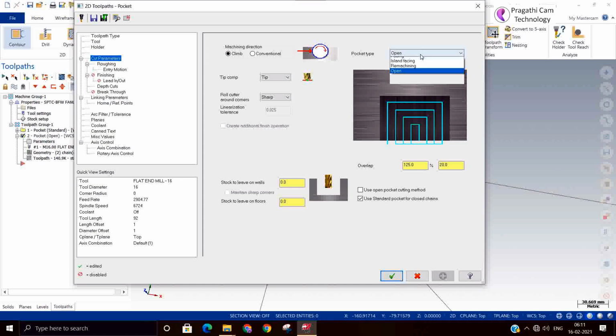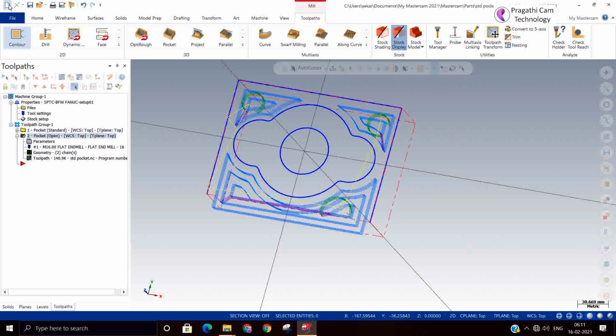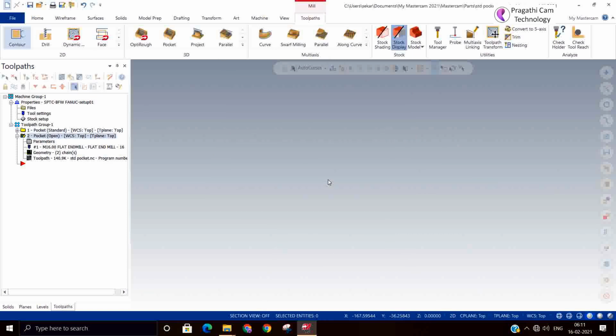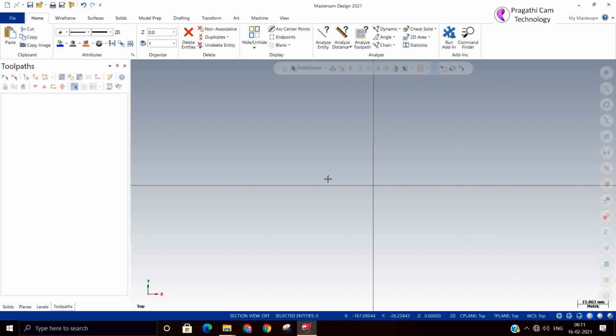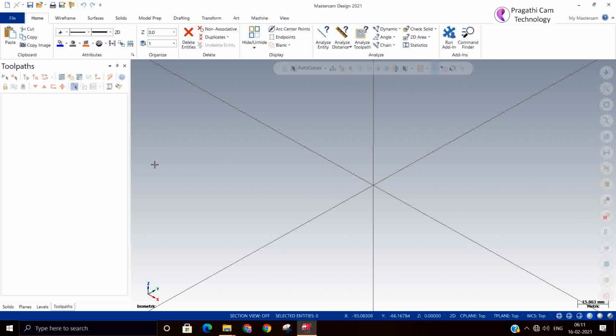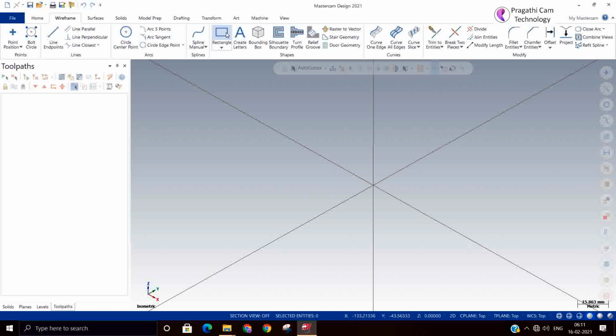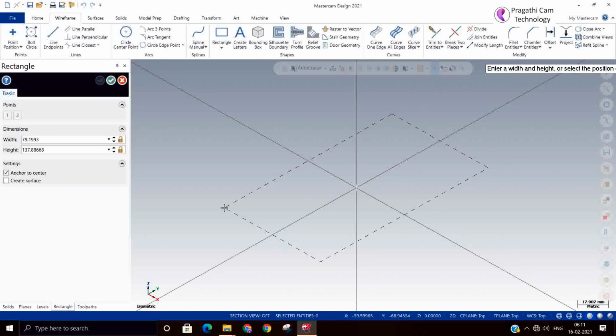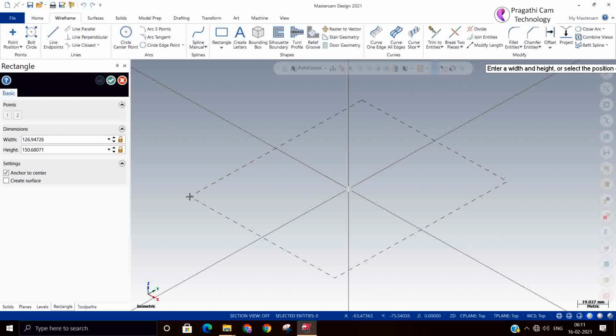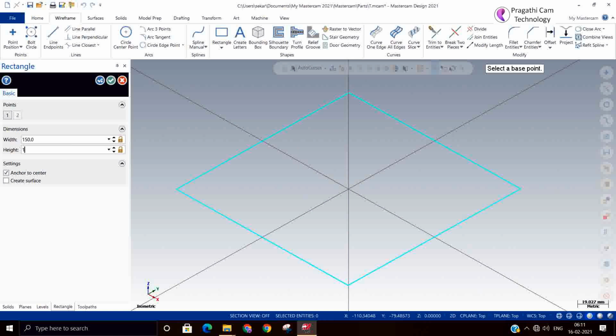So next is the island facing. We'll make one small example here. So I'll go to top view. One rectangle I will make, 150 square.